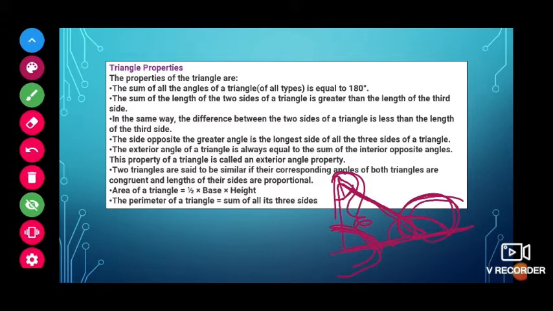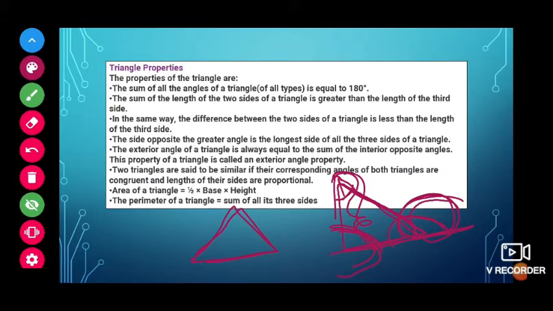If we take two triangles that are equal, I will show you the difference later. How can we say that two triangles are equal? If we place one triangle on another triangle, it should overlap in the same way, meaning not even a single point should come outside. Then we can call them similar triangles or congruent triangles.